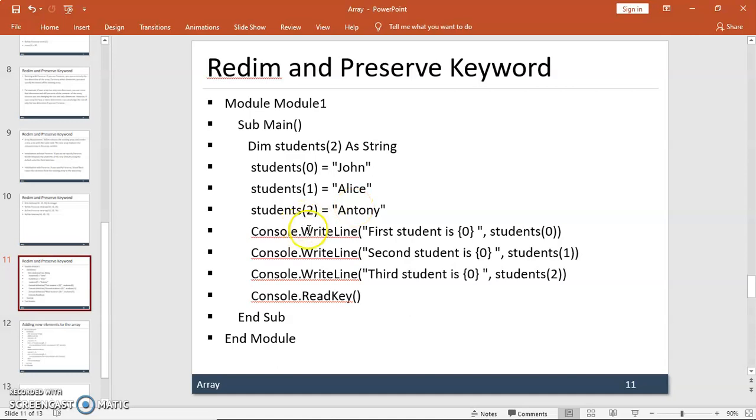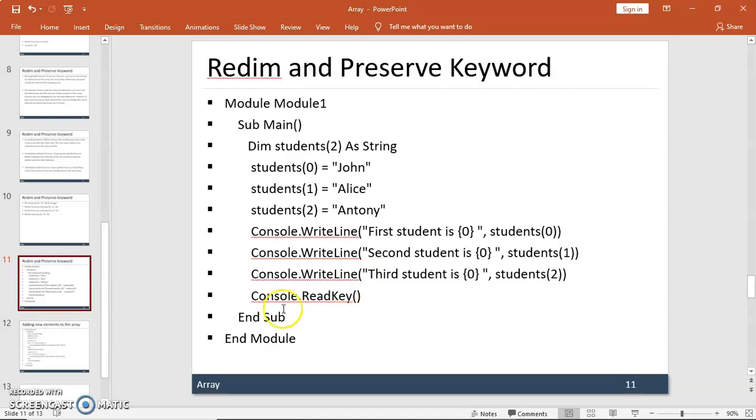Console.WriteLine is used to print a message to the console. So this line will print the value at index 0, that means it will print the value John, and the next statement prints the second name is Alice, and the next line will print the message: the third student is Anthony.